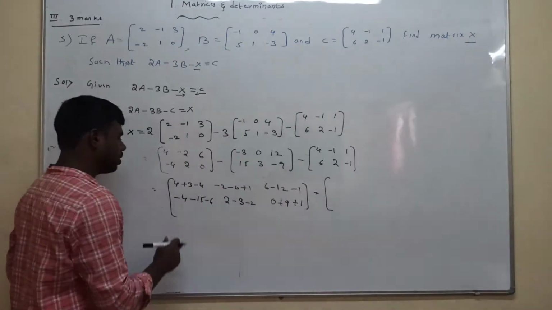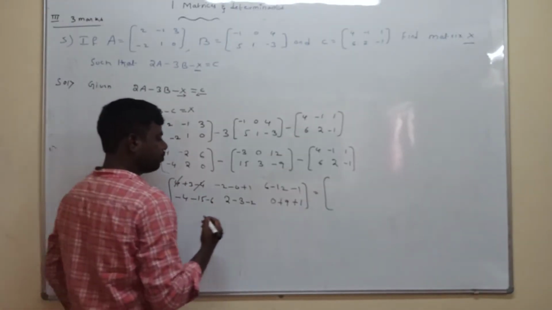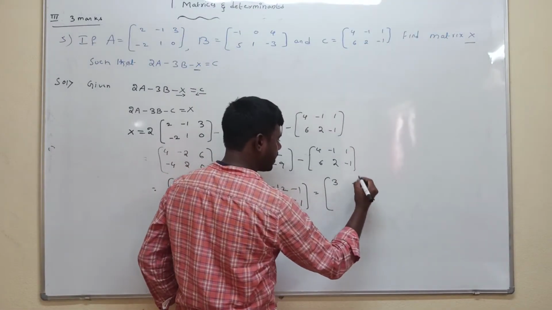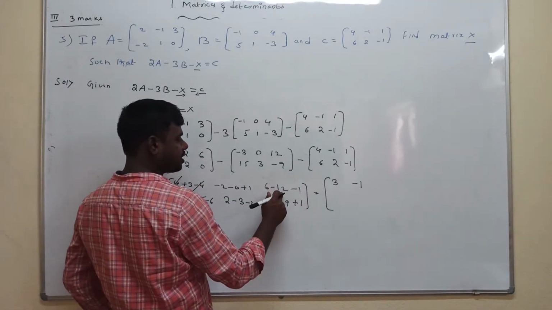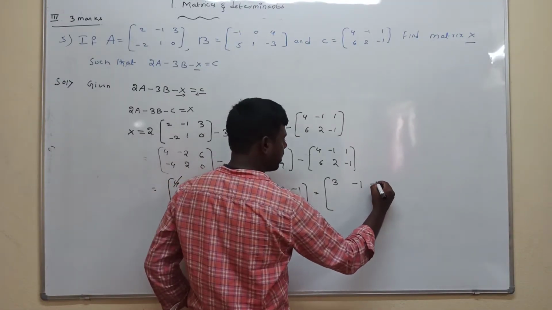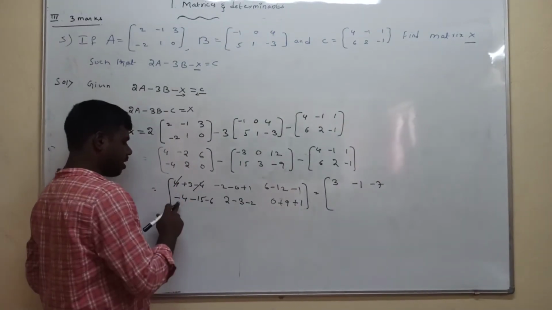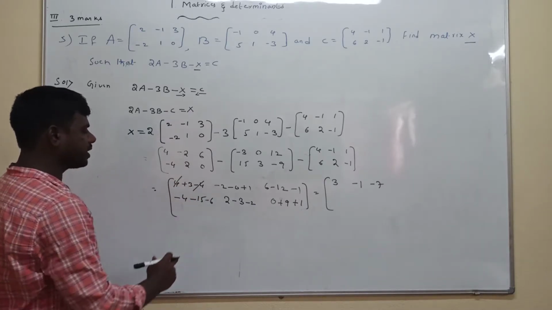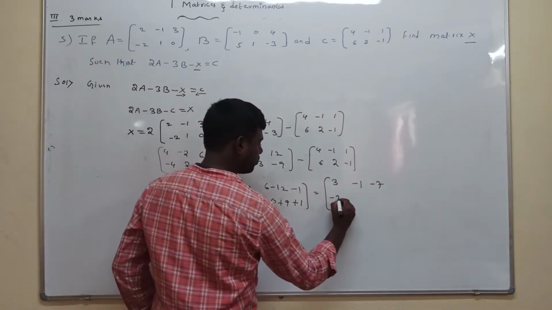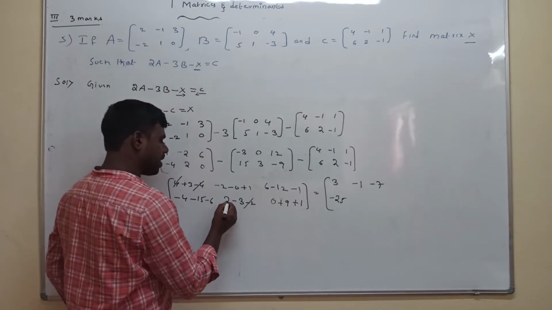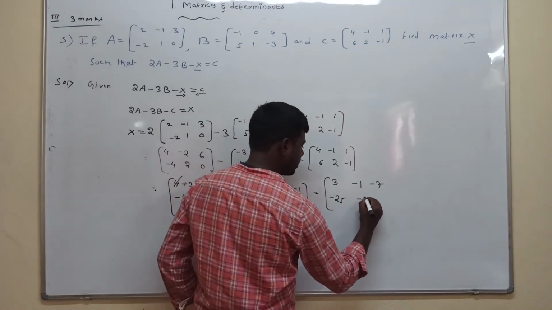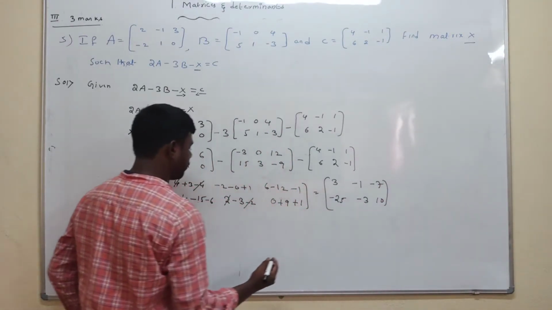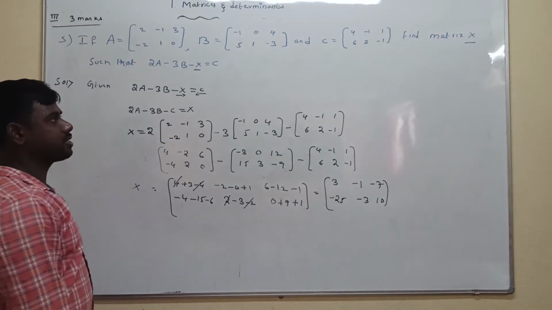Simplify this one. Minus 4 plus 4 cancel, we only get 3, and minus 2 plus 1 is minus 1. 6 minus 1 is minus... and minus 6 minus 1 is minus 7. Next is minus 4 minus 15, that value is minus 19, minus 19 minus 6 is minus 25. Next, minus 2 plus 2 get cancelled, the left out value is minus 3. Next, 9 plus 1 is equal to 10. This is the required solution for this question. Finally, we got the X matrix.